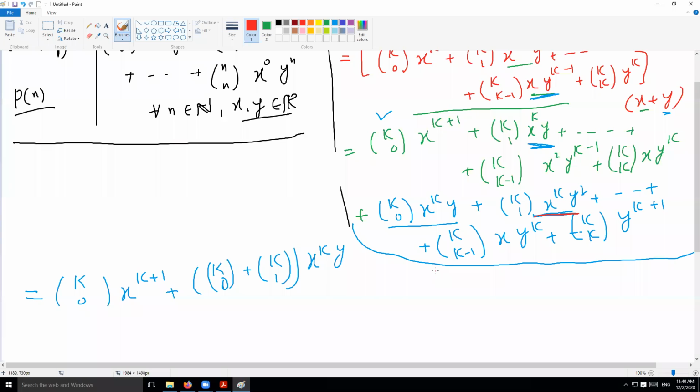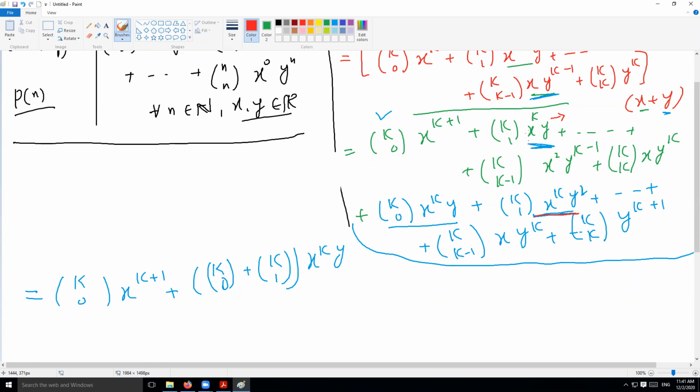Where is x power k y square? Will there be a term like x power k y square? मतलब बीच में हो शायद जो नहीं लिखा हमने. बीच में हो शायद. Yes. So it's going to be basically here actually. So here's the thing. इसके बाद वाली term क्या होगी? What would be the term afterwards?